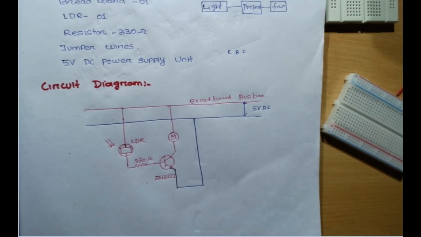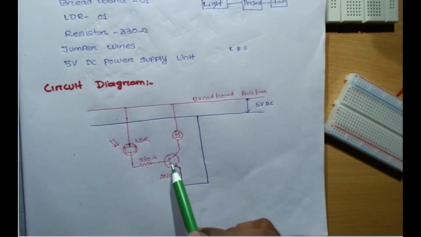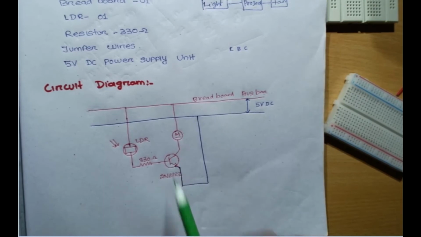Before going to do my circuit, I will give the idea of how this circuit is functioning. As I have already told you, this transistor will act as a switch. How will it be on? We do not require any fingertips for that. As at our home, with the help of fingertips, we switch on the fan, switch off the fan. But this is not required in this practical. How will we do that? We will do that with the help of an LDR.